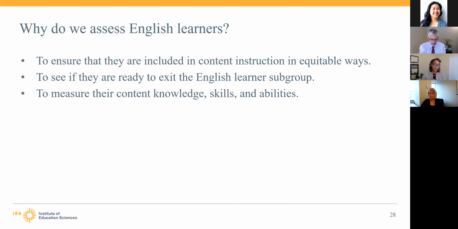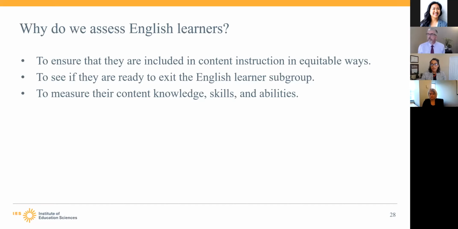And it can also lead to situations where English learners do participate in the assessment and they're not doing as well. If we're not disaggregating their data to look at it, we may not know and see that overall, on average, kids are doing fine when many of the English learners are not doing well. So the requirement in NCLB that we include all English learners in academic content assessment and report their achievement